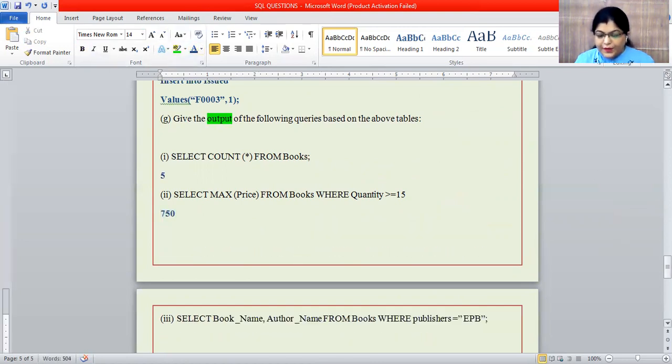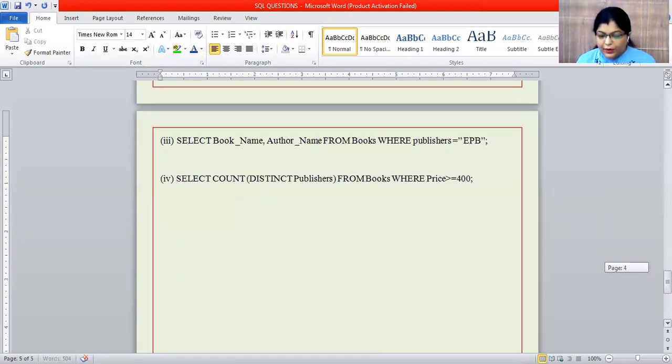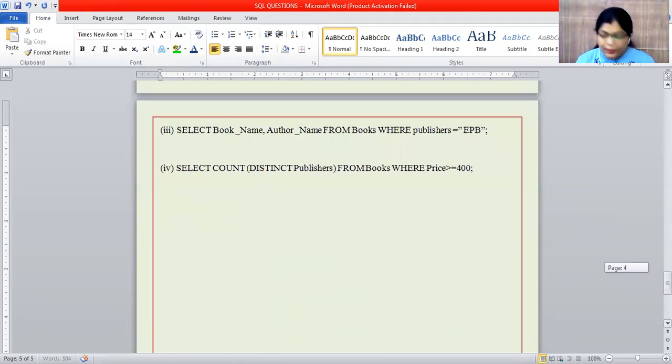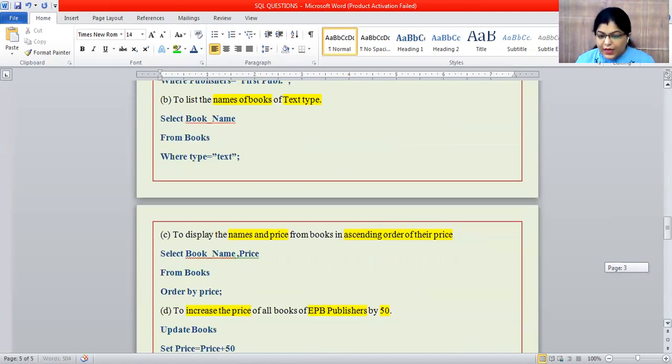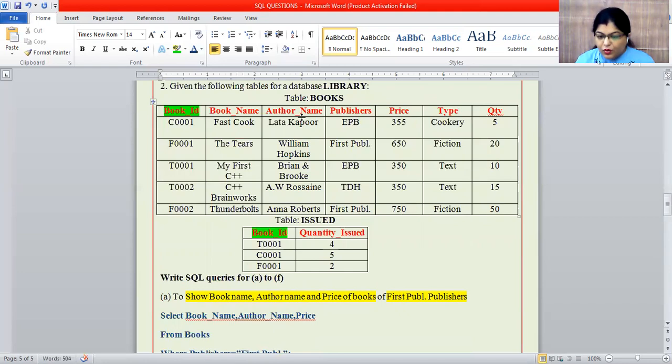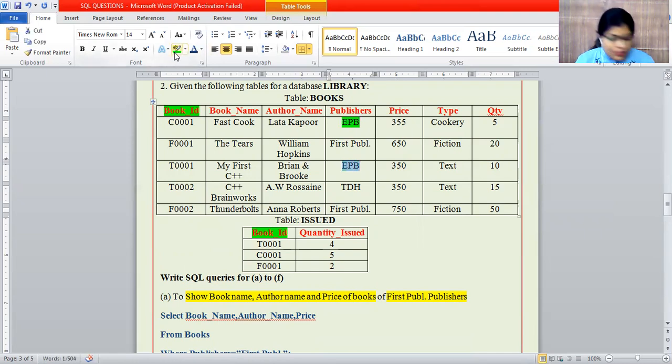Okay. Next, select the book name, author name from books where publisher is equal to EPB. So see here, this is the EPB, here it is EPB and here it is EPB. So you have to select book name and author name. So what will be the answer here?